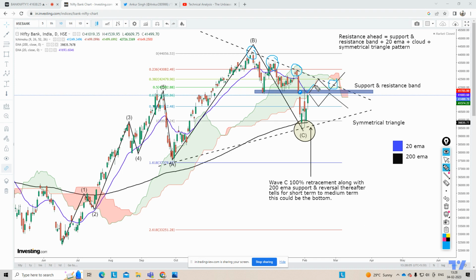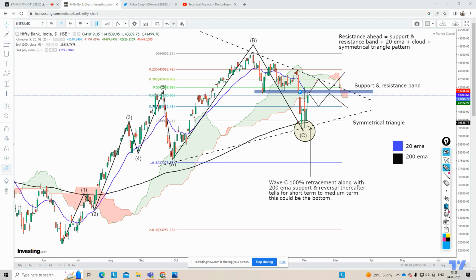So if this time it breaks the 20 EMA, goes here, retraces, comes back, tests, and if it breaks this area, a very strong wave 3 will form. So it's a very, very important move. Especially for option buyers, you can have a very good view. You can buy some out of the money, low risk strike price premium based on your risk appetite.